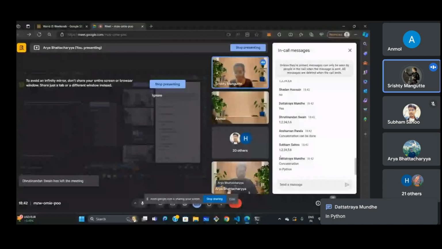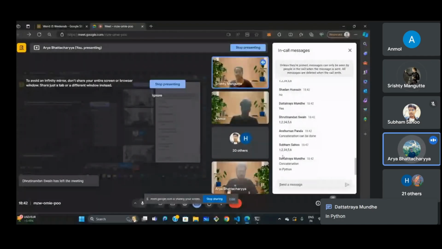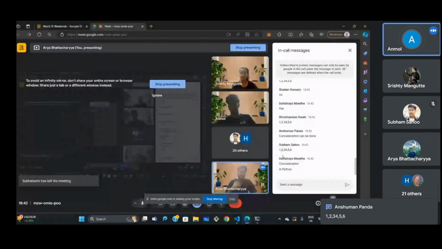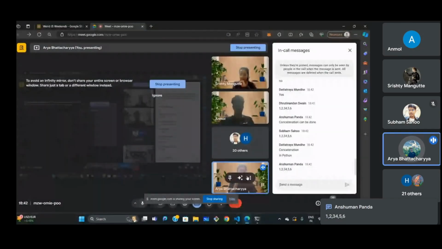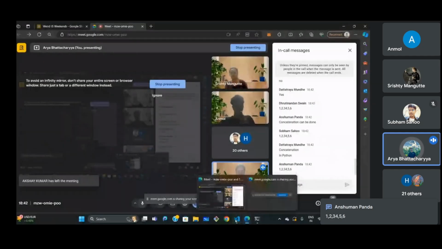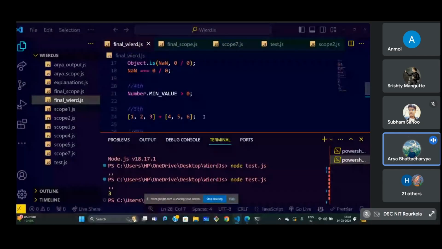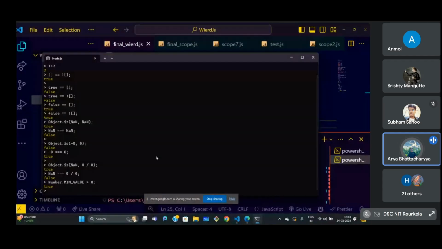1, 2, 3, 4, 5, 6. Okay, so like concatenation. Shubham and Dhruti have answered it correctly. So अभी होता क्यों है, that is a concept that we are gonna understand. So पहले answers and outputs देख लेते कि कैसे ये चीज काम कर रहा है. So happy to inform कि Dhruti and Shubham have given the correct answers to this question.